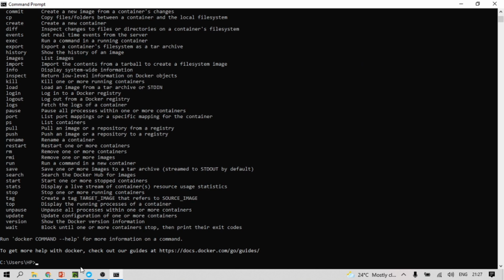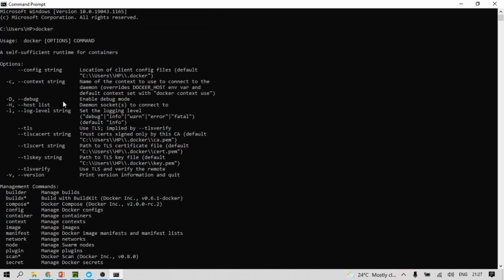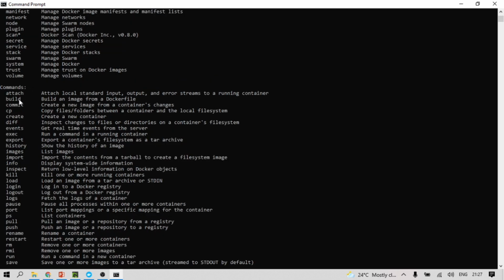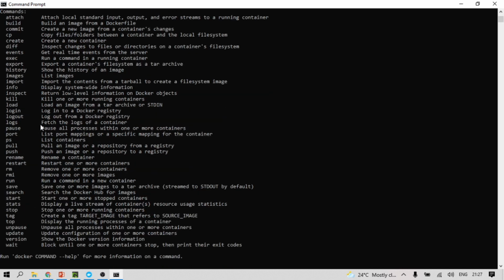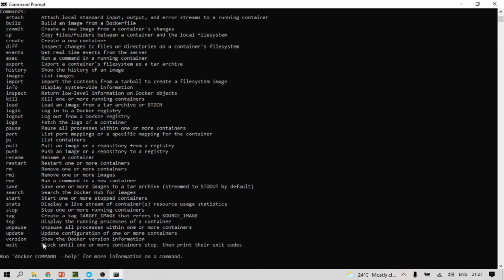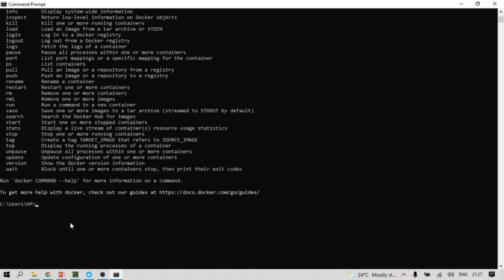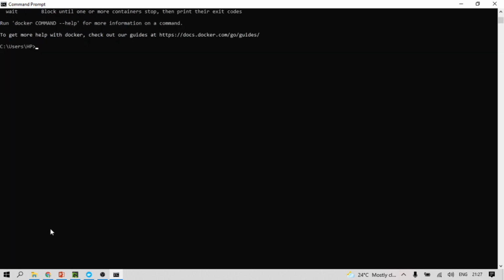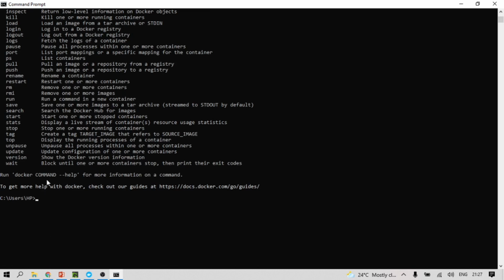You can see all the configuration is coming after entering the Docker command. These are the commands available in Docker that we can use now or later, like commit, build, export, fetch, pull, tag, update, unpause, pause, version, wait. If all the information comes when we use the Docker command, it means Docker is installed properly on our system.